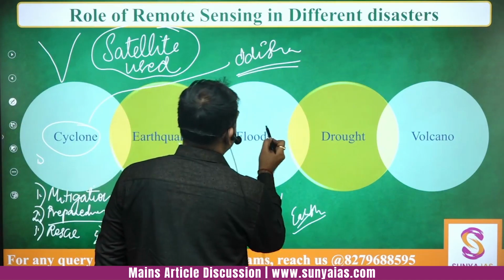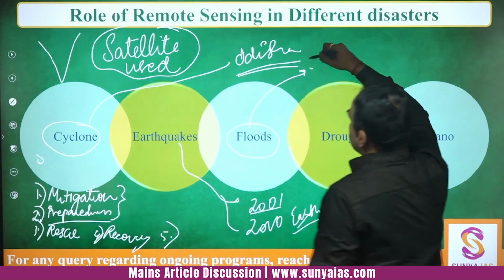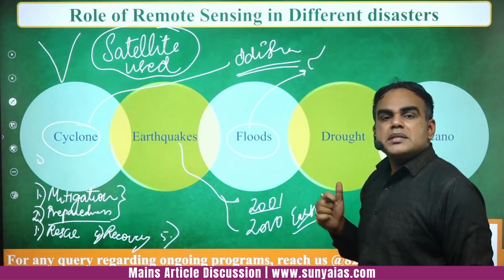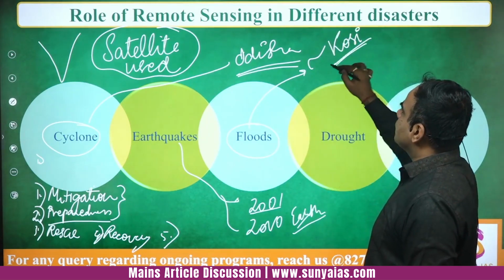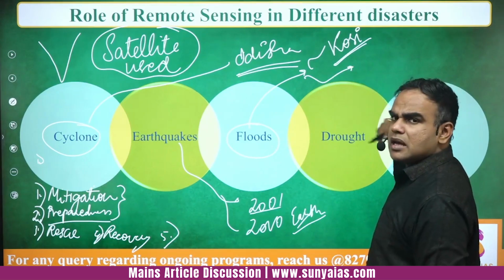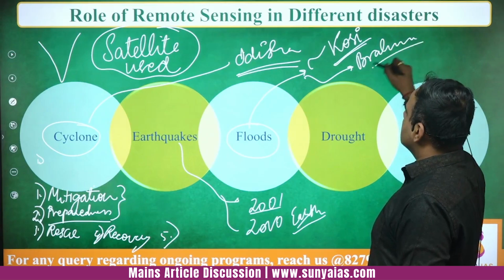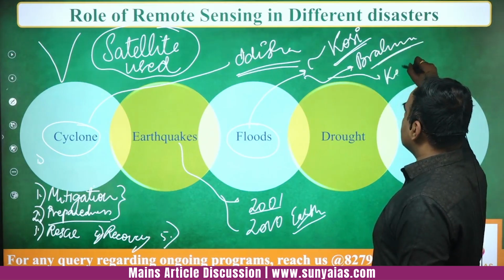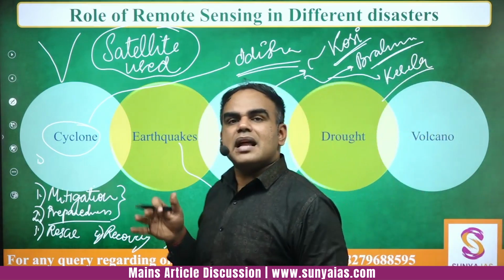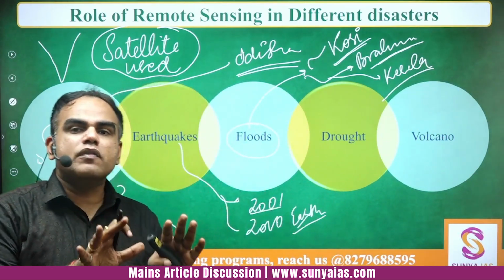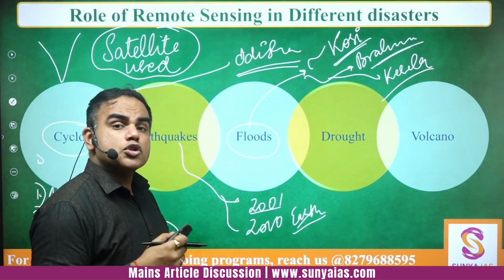Now the same is the case with floods. In floods also, you can think about urban floods happening because of, let's say, a lot of river meandering, river shifting the course. For example, talk about the Kosi River, which again becomes a sorrow, right? There are also the issues of Brahmaputra. Similarly, in Kerala, of late we have seen floods, and there was extensive use of remote sensing. In fact, that helped us to reduce the magnitude of damage. The same is the case with drought. In drought also you can think about